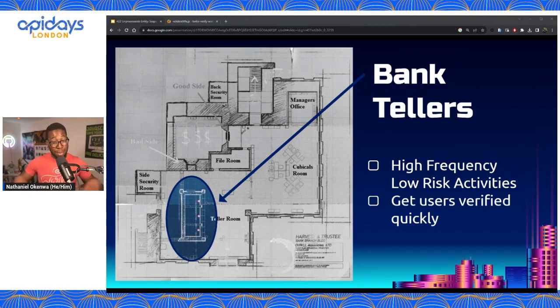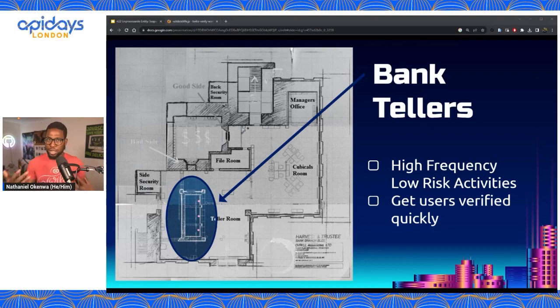They have an amount of cash in their registers in front of them. They get users verified quickly. This might be when people log in to your platform, or maybe when they register and sign up. You don't want to add too much friction here because you want them to be able to do these tasks regularly. They're going to need to do them quite a bit.